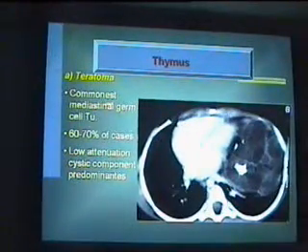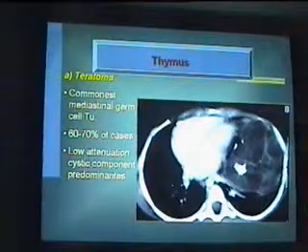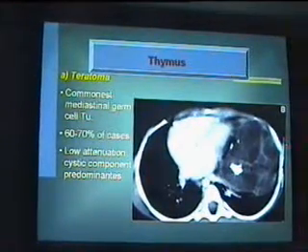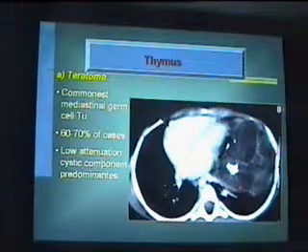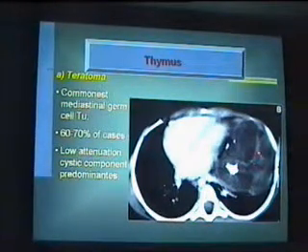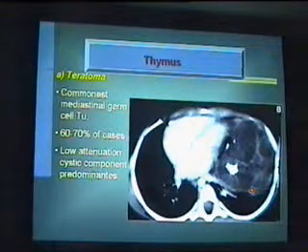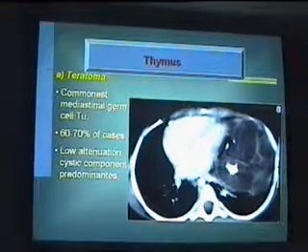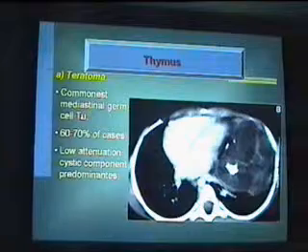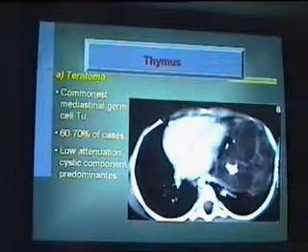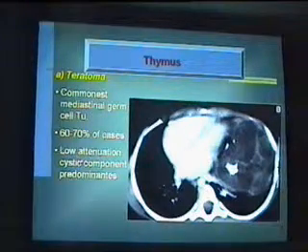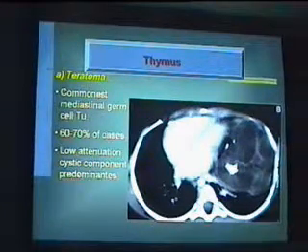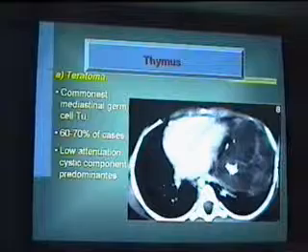شايفين التيراتوما من اسمها تيراتو يعني فيها more than one tissue. عندنا calcification وتبقى شهيره قوي بالمالتيبل cystic changes كده. وبين السيستيك changes بنلاقي برضه soft tissue density. Okay? So it's the commonest mediastinal germ cell tumor. 60 to 70% of cases هي بتبقى تيراتوما. Low attenuation cystic component predominates. اوكي؟